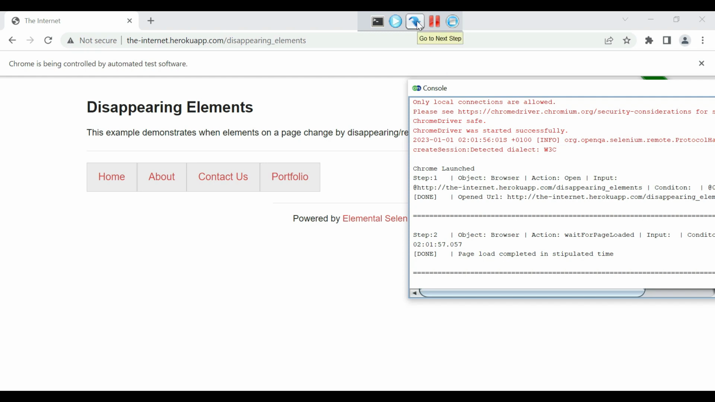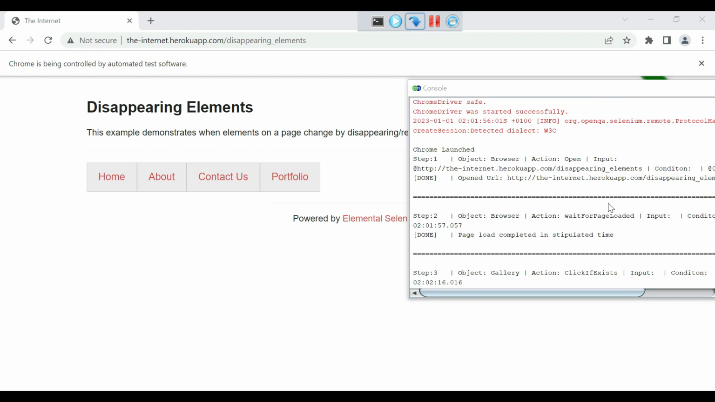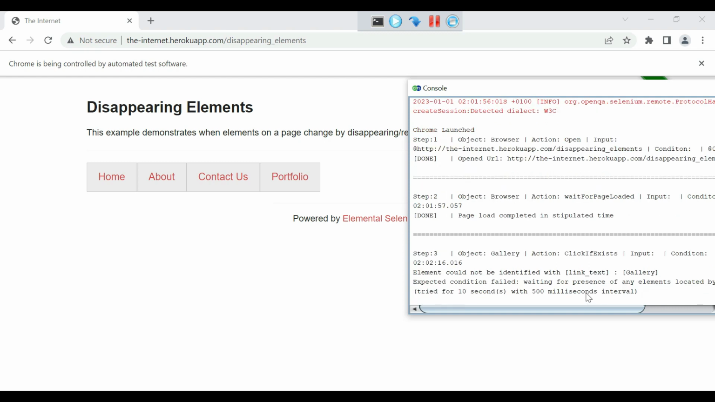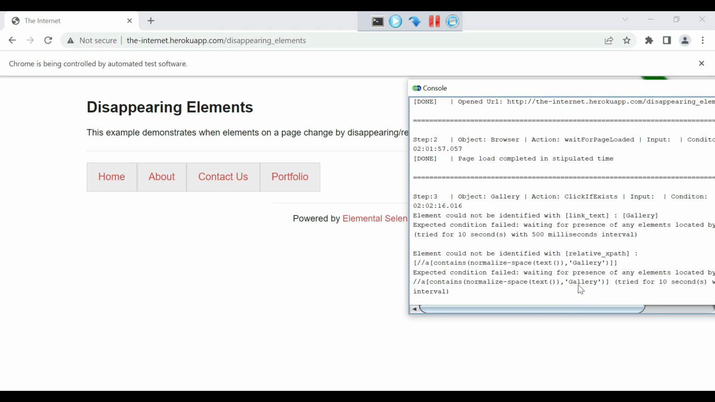So first we will execute the next step. We will let it proceed, and the gallery click if exists operation has been triggered. By default, Kits waits for the element to be available on the screen, and here you can see that it is trying to find the gallery element on the screen with all the attributes that it has captured during the